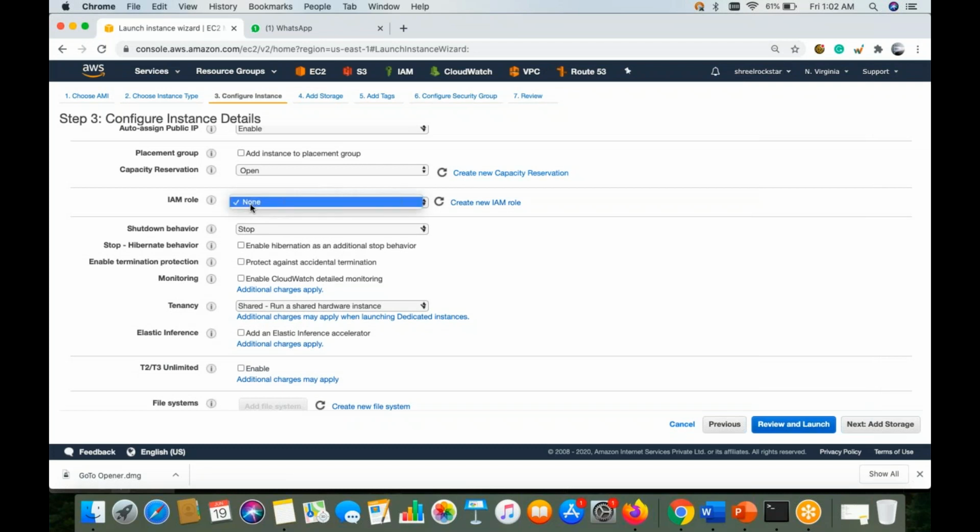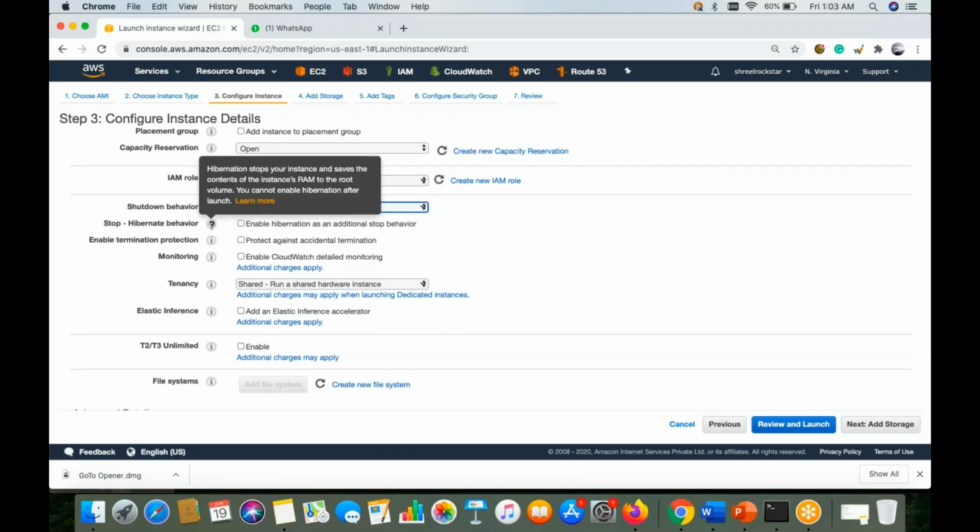Another one we have, guys, is the IAM role. I'm not going to discuss this time, just to avoid confusion. What exactly this is and why it is required, we have a separate chapter; I'll discuss it there. Shutdown behavior is something that should always be stop. If you select terminate, that means if you right-click the instance and do a shutdown, it will terminate. Terminate means you are going to destroy everything in AWS, whatever the instance is. If there is no backup, then there is no option available to resume your instance after that. So it is better to just keep it as stop.